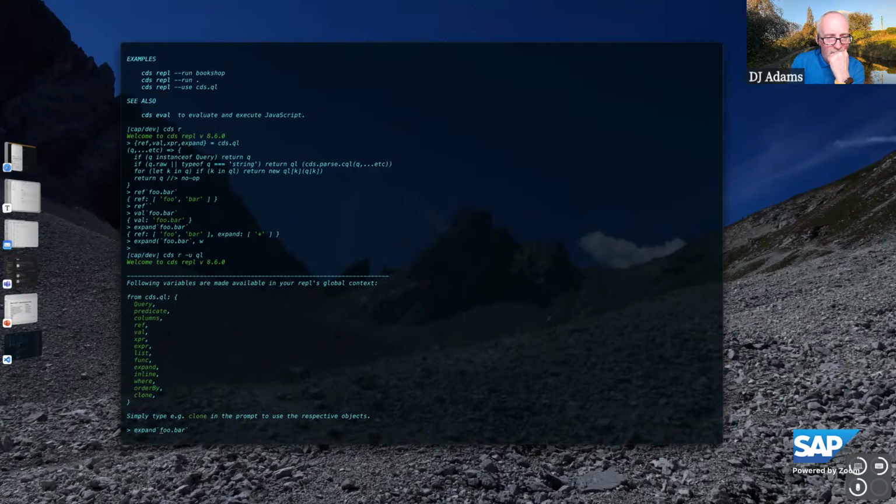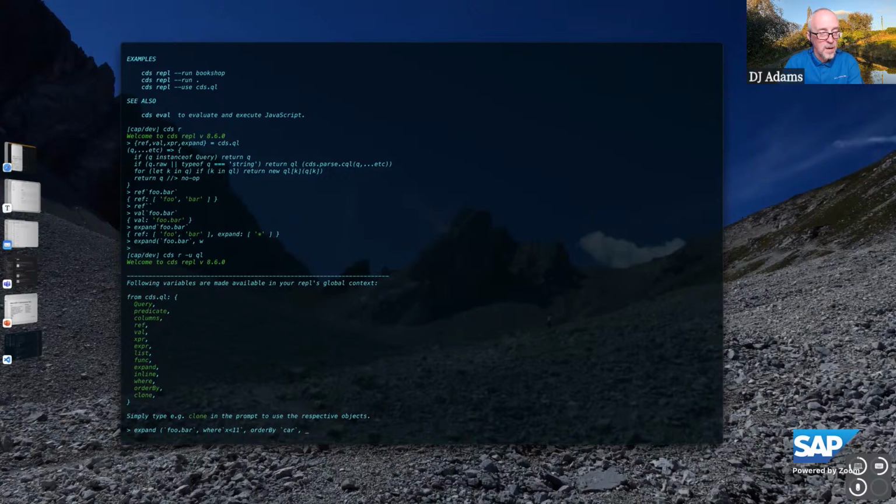So I want foo bar. And as you might know, CAP CDL has infix filters and so has CQN. So I add an infix filter and in there put a where clause where x less than 9, 11 of course. And I want to order that nested result set, the expanded stuff, by car.